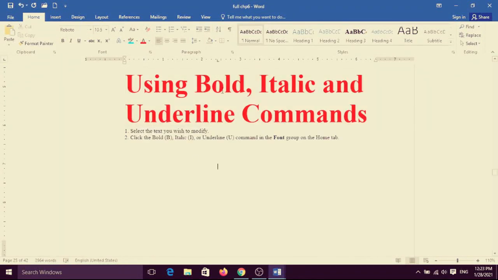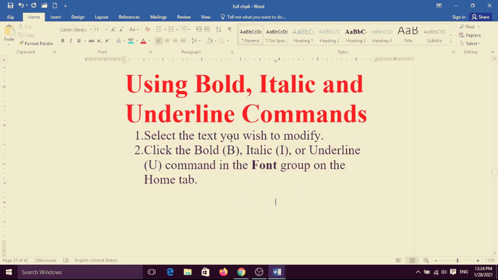Using the bold, italic and underline commands, select the text which you want to modify or format. Suppose I want to select this text, sentence or word. It depends on you which you want to make bold, italic or underline.